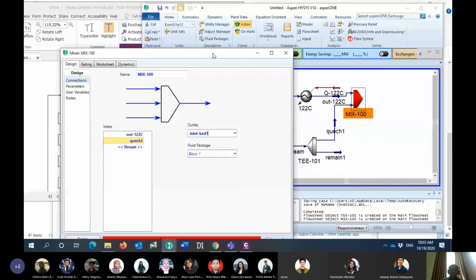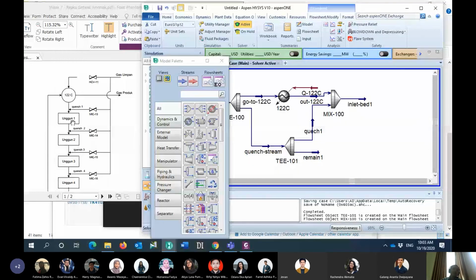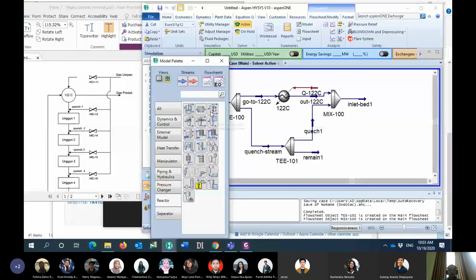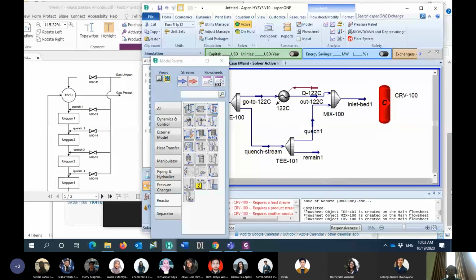And then after that, we remember that bed number 1 is a kind of reactor. So we move to the reactor in here, and because previously we defined the reaction type as conversion, we select the conversion reactor in here.